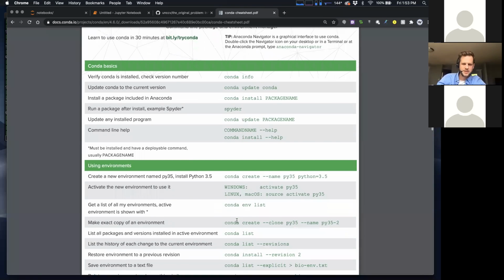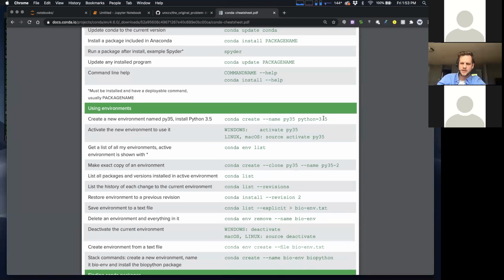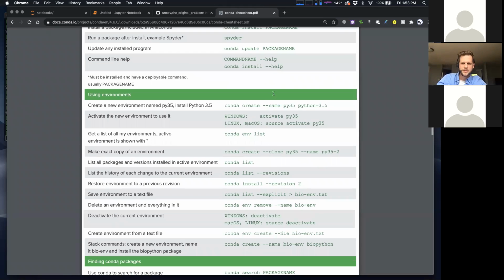So using environments. This is how you can create a new environment, conda create. You give your environment a name, this is the name that they chose for this environment, and then you tell it which version of Python. We're mostly going to be using, I believe, Python 3.6, but 3.5 is fine as well, or just 3. Oh yeah, I think we're just recommending 3. That's fine. That should use the newest version of 3. So the way you create the environment is here. You type this in, and let's just do it to show you how it looks.